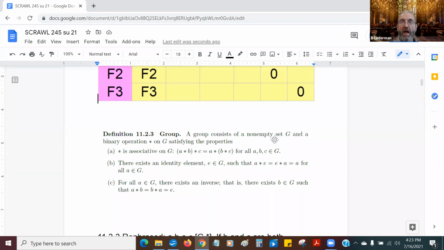A group consists of a non-empty set G. Yes, it's definitely non-empty. And a binary operation star, in this case multiplication, satisfying associativity, identity element, and inverses. As long as I show these things, I'm in business. And that is my group. And that is how you would show that that is a group,